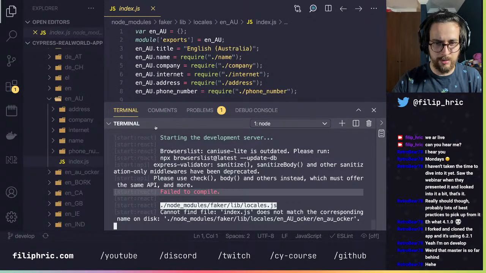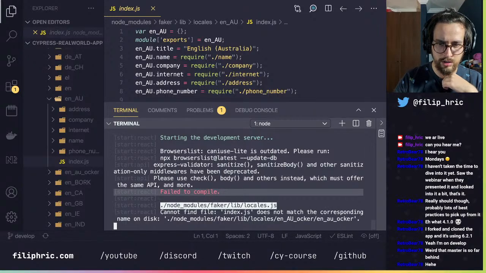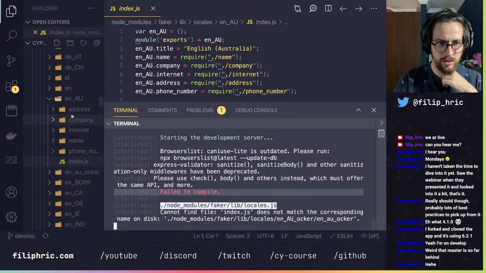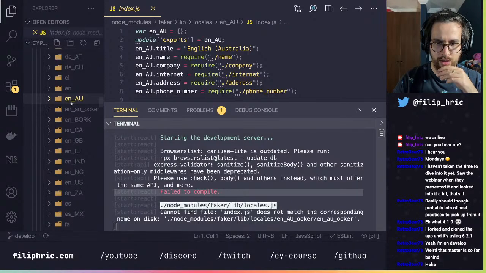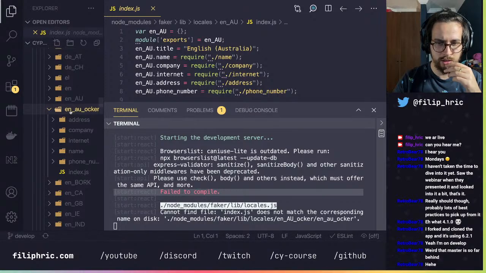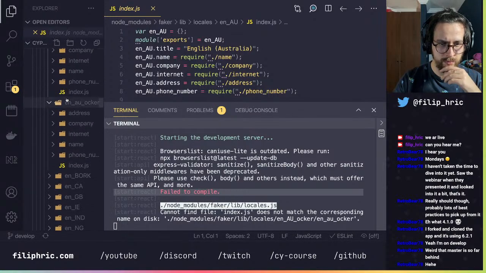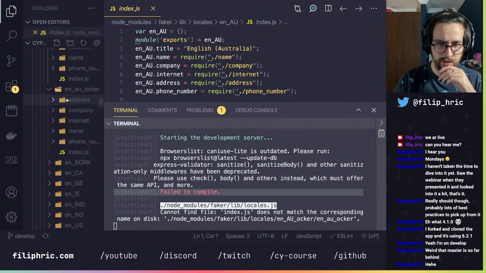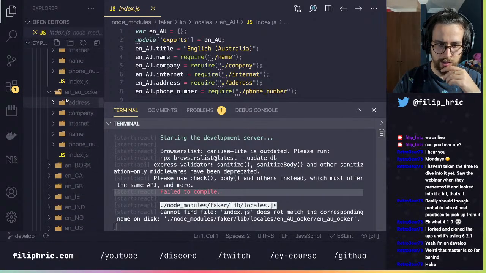And it's complaining about what? Does not matching AU occur. Seems like it's looking for this. I don't know what this is. Like there's some mismatch of sort.